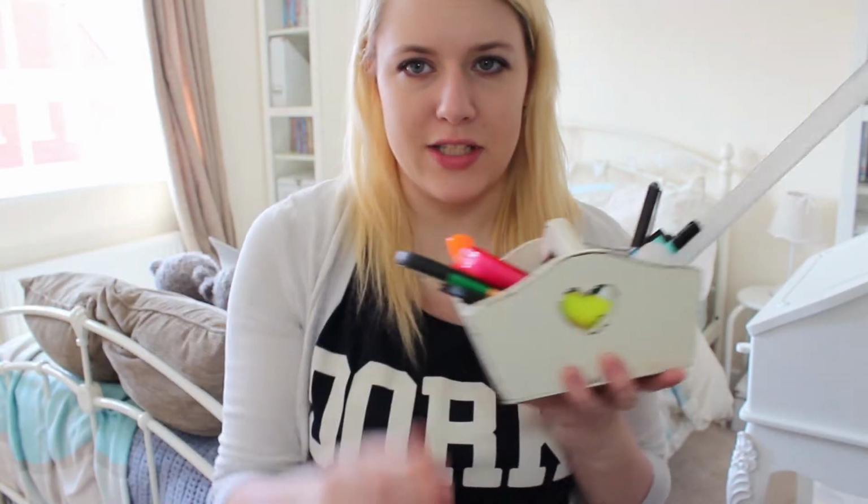Once you have your trusty pot of pens and highlighters, the next thing that you have to do once you've collected all this stuff is organise yourself, because revision doesn't work without organisation. That is something I have found out, because for me, if I don't schedule and timetable revision, I will not do it at all. I'll just be like, I'll do it in an hour, and then 2 hours will go by and I'll be like, you know what, it's too late, I'll do it tomorrow,